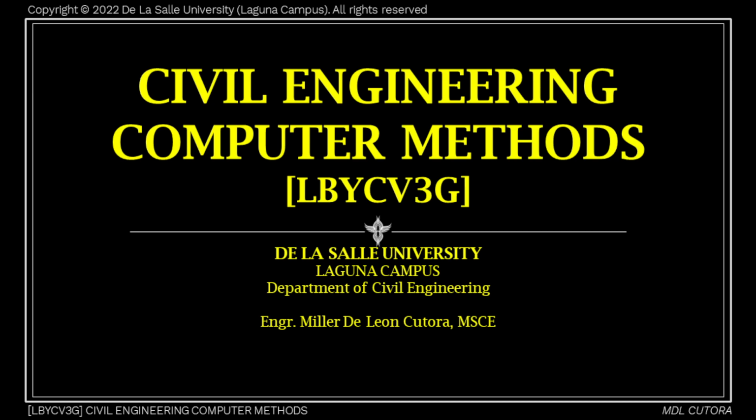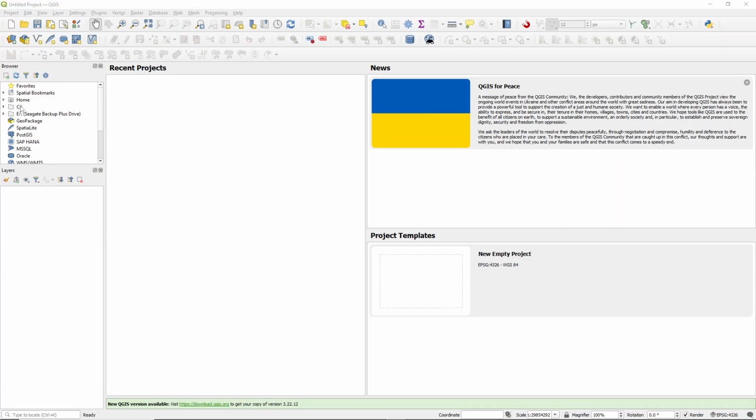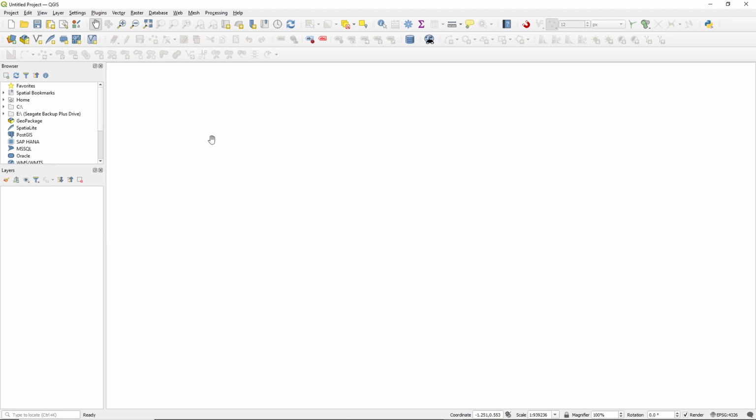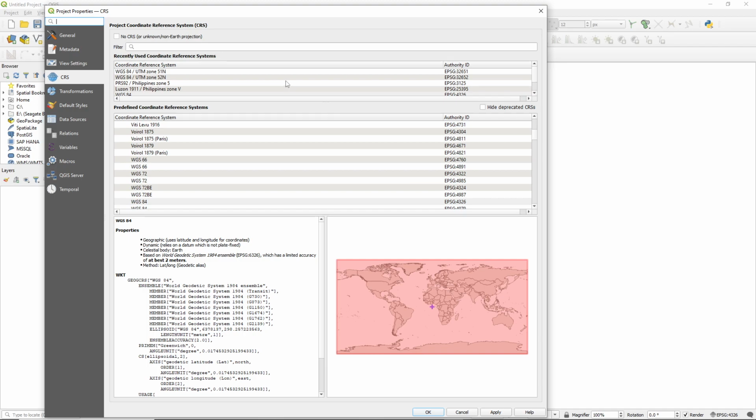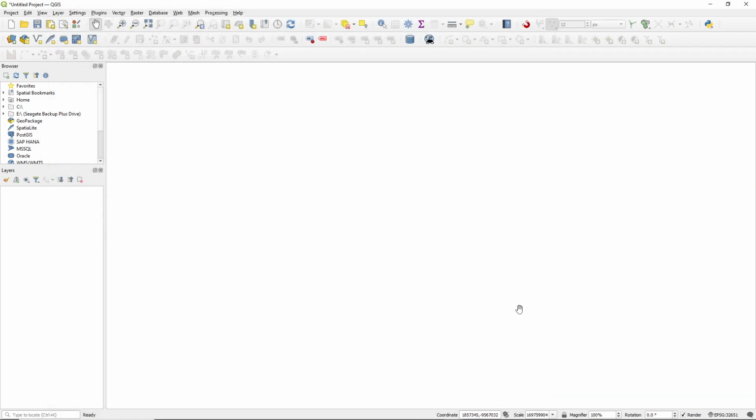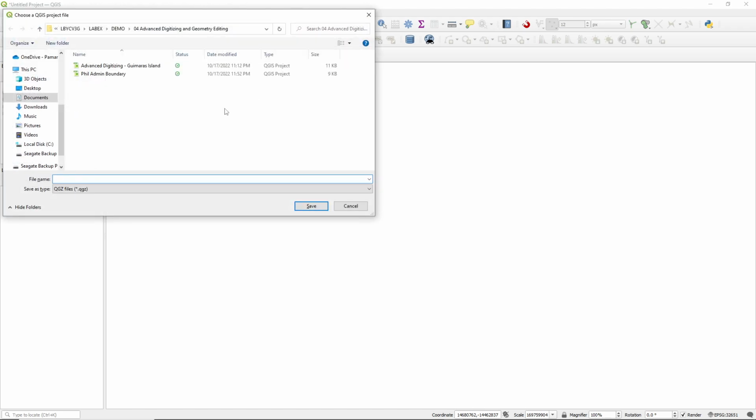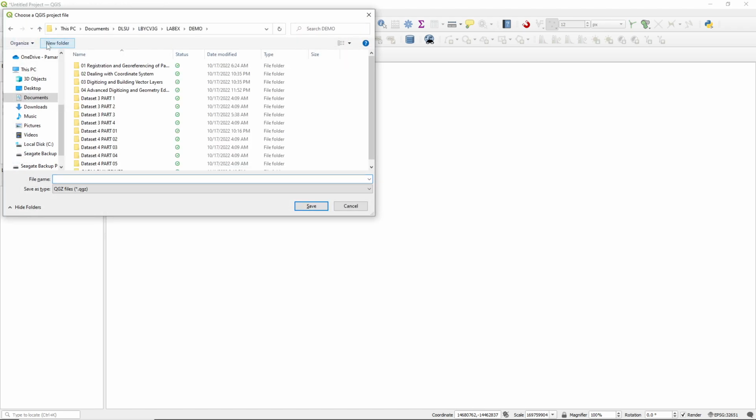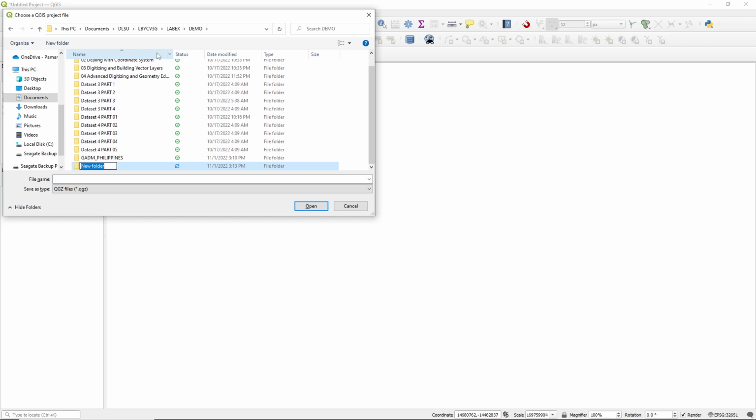So let's open our QGIS. Let's create a new project. Let's change the CRS to WGS84, Zone 51N, apply and OK. Then let's save our file first, Control S. Let's create a new folder for this. So 05